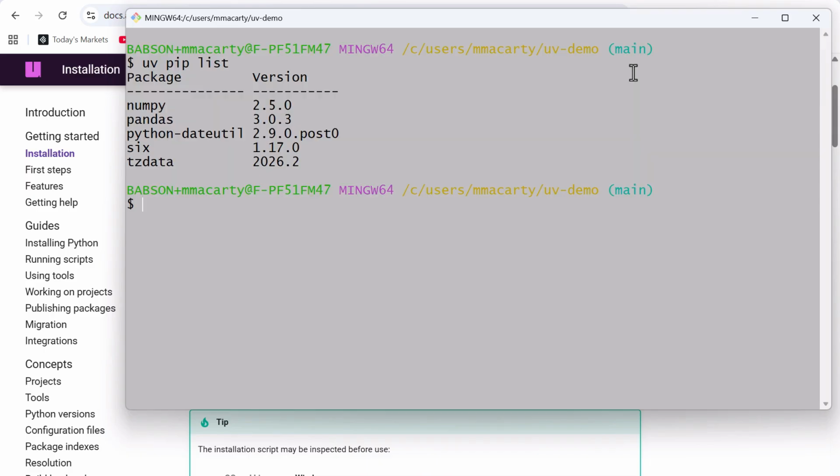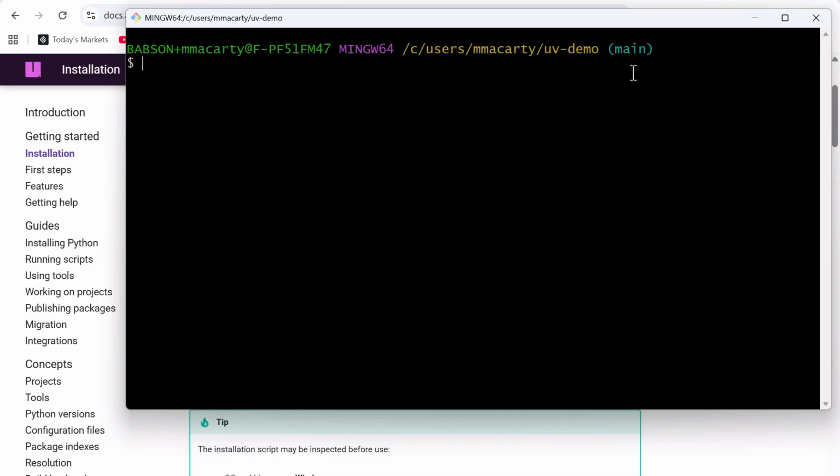The other thing I want to show you is sometimes when you're managing projects, you want to do something like lint the code, and you don't want the linters installed as a dependency for the project. All right, so how do I do that? I could simply do something like this: UV run, and then whatever the linter is, so black, for example, I